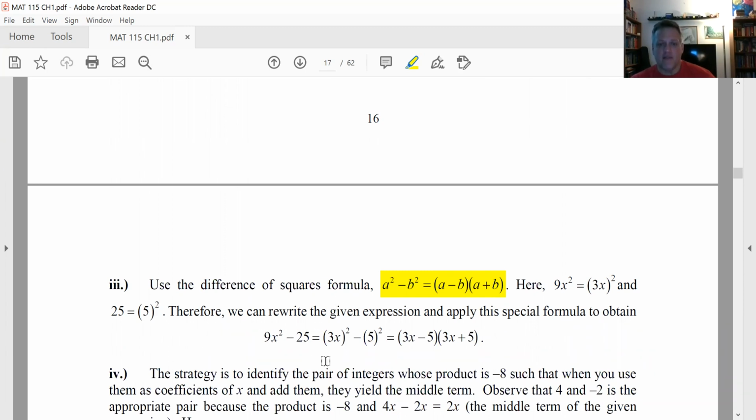And so you can rewrite the original difference as 3x quantity squared minus 5 squared, and now use our formula with a equal to 3x and b equal to 5 to write it as this product. Notice this is in fact simpler because 9x squared minus 25 is a quadratic. It has a power of 2 on the variable, whereas these guys are both linear expressions, much simpler